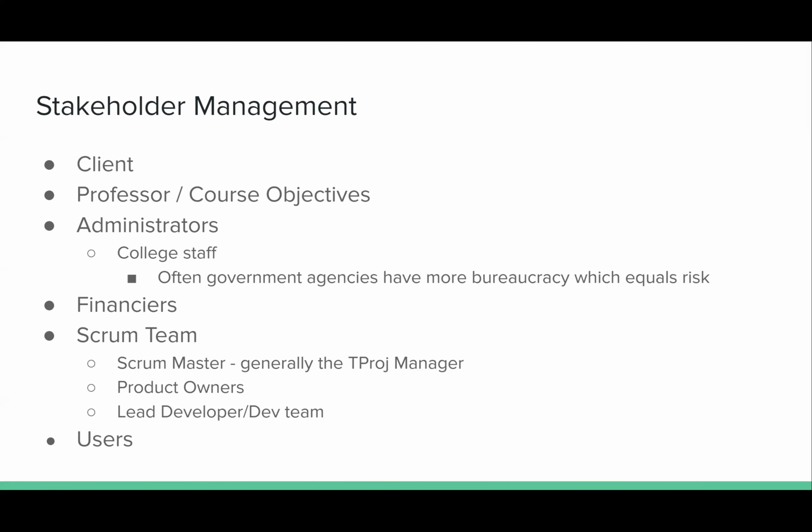One of the larger stakeholder groups is the Scrum team, because that's a team comprised of more than one person. That's the Scrum Master, which is generally the technical project manager, the product owner, and then the lead developer and development team as one unit. So the three key players in a Scrum team are the Scrum Master, the product owner, and the development team as a whole. In our particular team governance, the lead developer oftentimes speaks for the development team because they have a really deep and in-depth knowledge of the individual developers and where the project is at, and a lot of the things that need to be done to accomplish our goals.